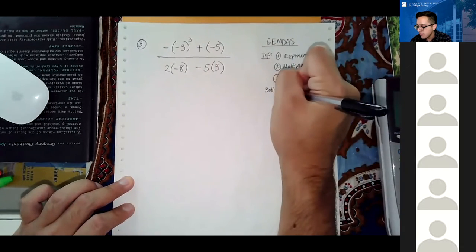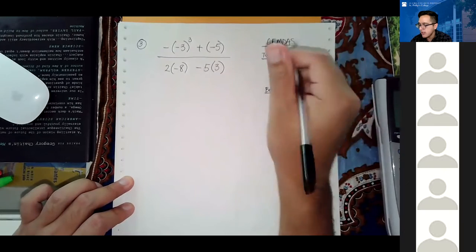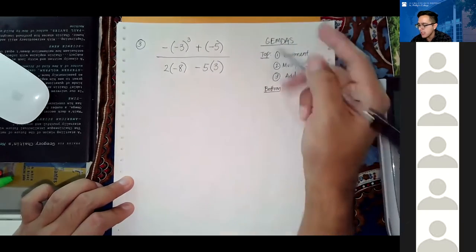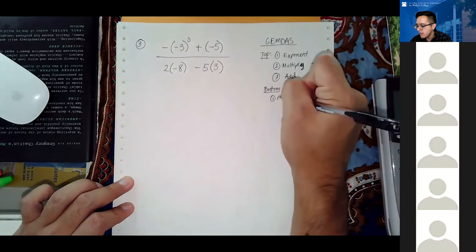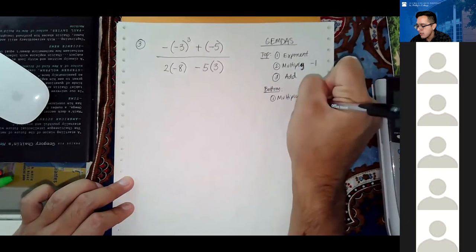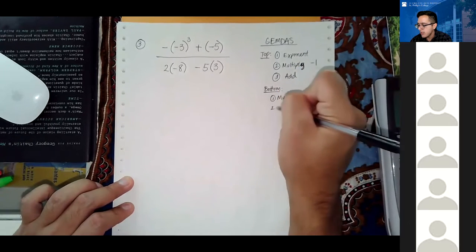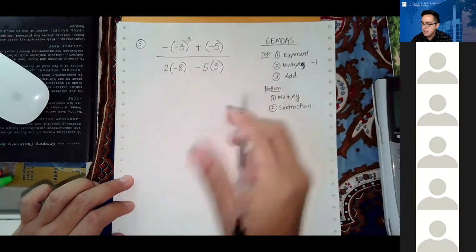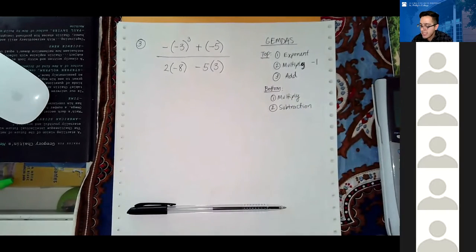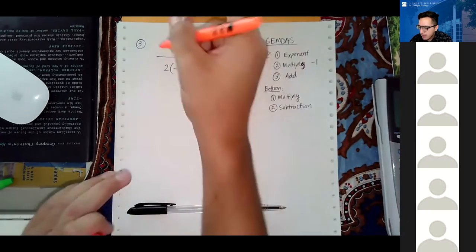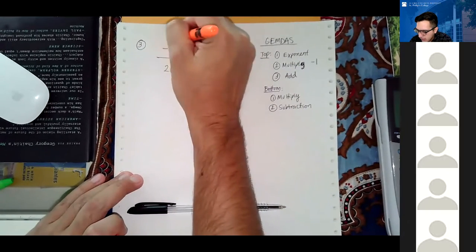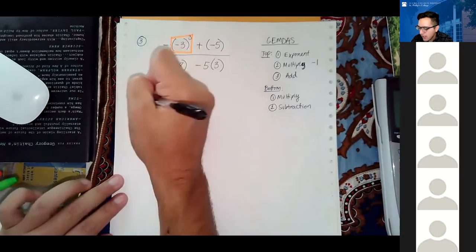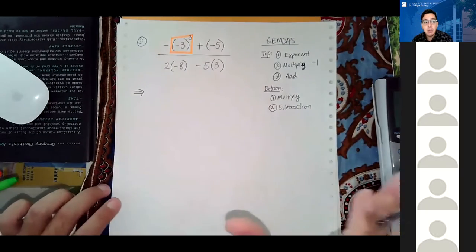For the bottom portion, the denominator, I can take care of this multiplication and then this multiplication separately, and then subtract them. So I'm going to multiply, and then I'm going to subtract whatever I get after I do my multiplication. I'm going to take care of some things simultaneously, but the first step should definitely be taking care of that exponent. So if I took care of that exponent and that exponent alone,